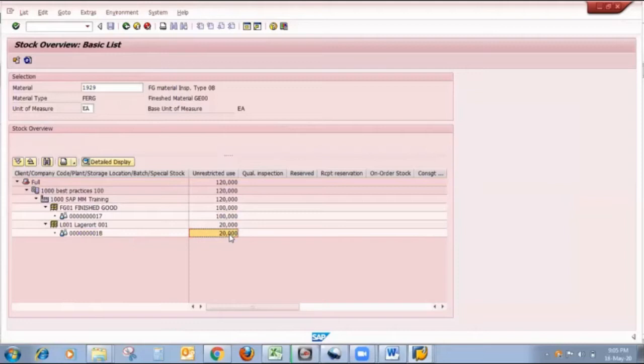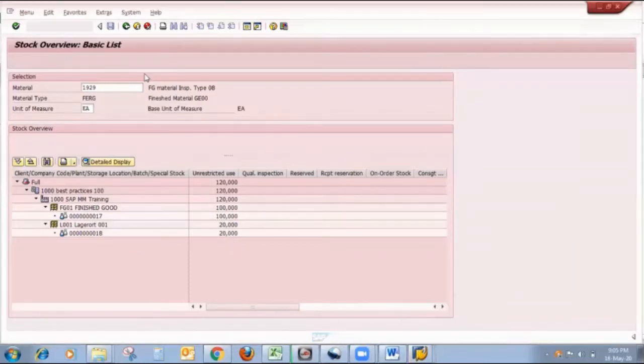Now I want to transfer my FG01 stock of 100 to L001. This is a transfer within the plant.